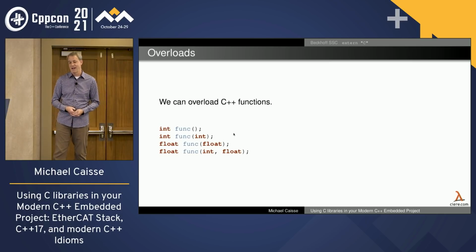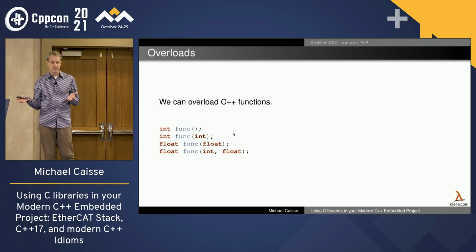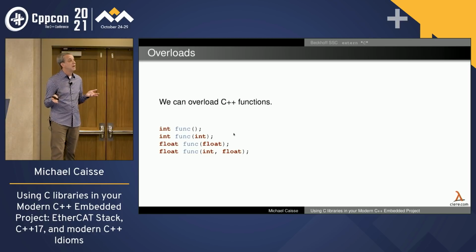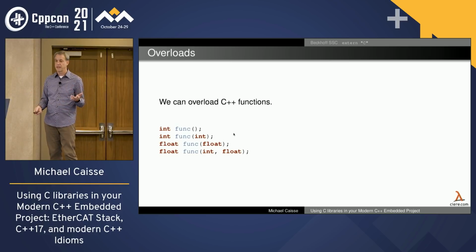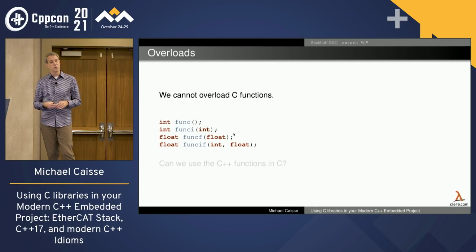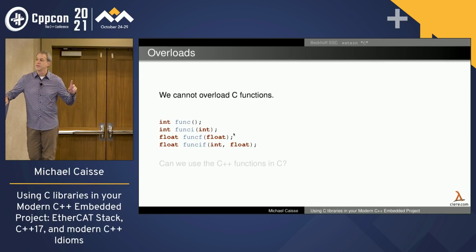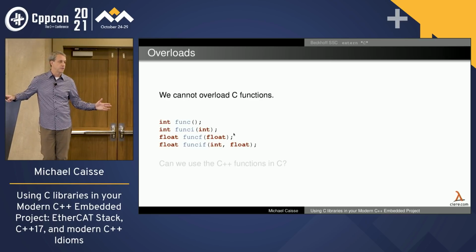I have a func here that returns an int, one that returns an int and takes an int, one that takes a float and returns a float, one that takes two ints and a float and returns a float. That's cool. If we were to do this in C, we might add single letters at the end of our func to help figure that out, right? And we wouldn't put an underscore there because that'd be too easy to read. So we would have these functions because we don't have overload sets, right?